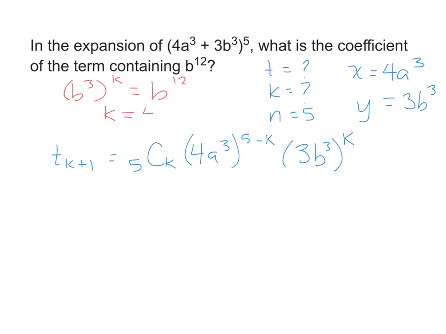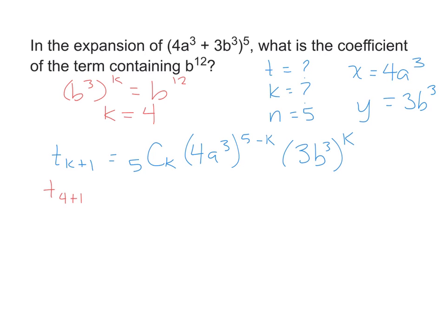You can just figure that out by inspection, by looking at it, or you could try to actually solve this equation, which wouldn't be that bad. Really what you're doing is b to the power of 3k equals b to the power of 12, so 3k equals 12, and k equals 4. But now I can go back and change all those k's into 4s. So it's actually